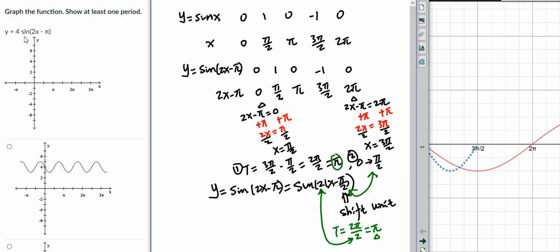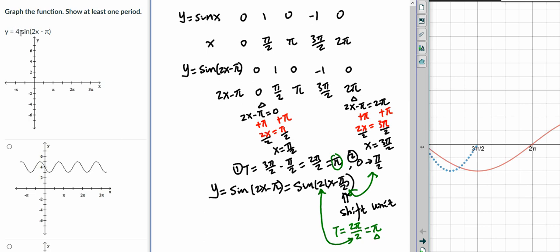Let's see how to graph this function y equals 4 times sine 2x minus pi. We want to show at least one period. In order to make our life easier, we